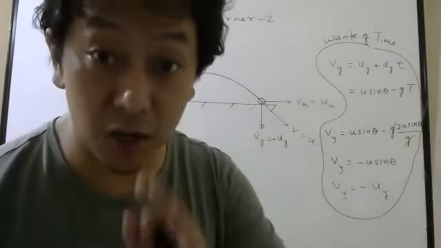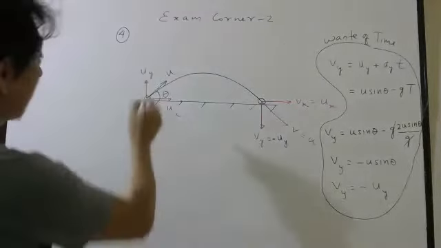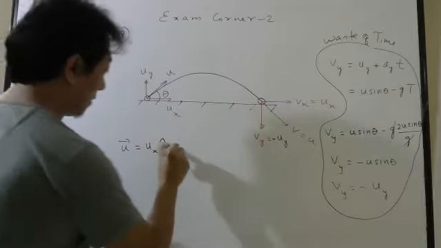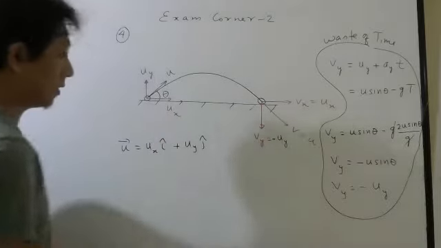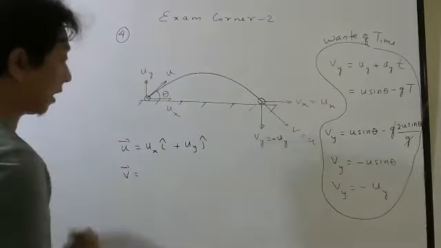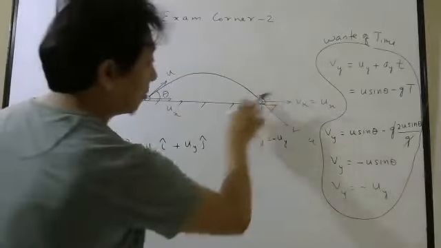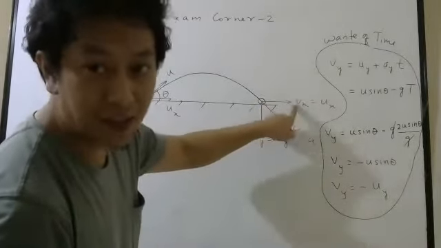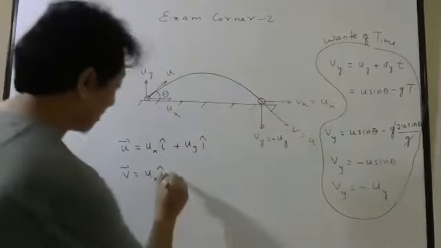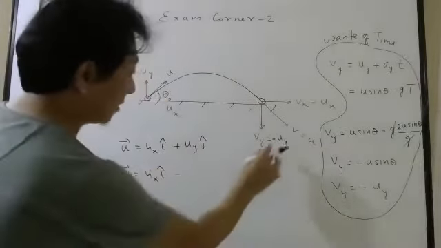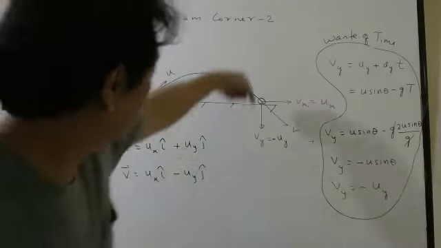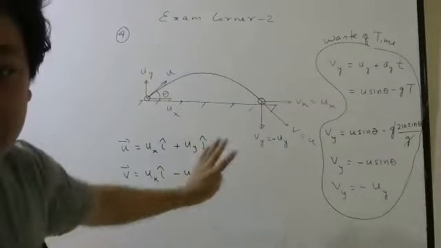Okay. So now, since we know these things, let us calculate change in velocity. Since they said change in velocity, velocity is a vector quantity. So let us write initial velocity in vector form: Ux i cap plus Uy j cap. And let us write the final velocity. What is the x component? Same as ux. It is vx, I know, but vx is same as ux. So I can write ux i cap minus vy, and that is minus only uy j cap. Understood this part? Why minus? Because this is downward.